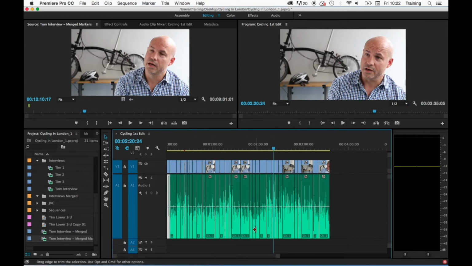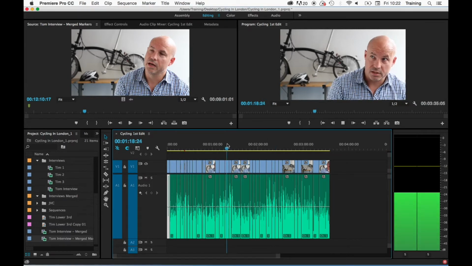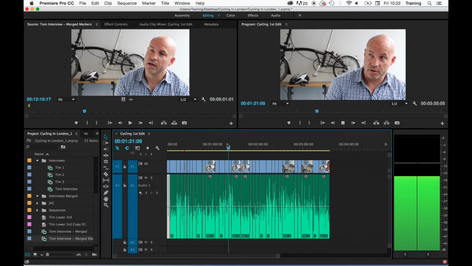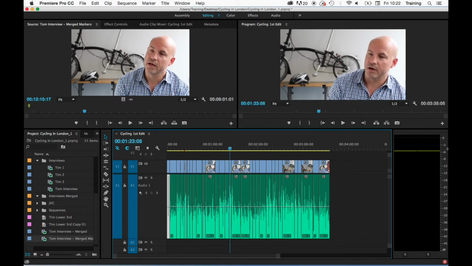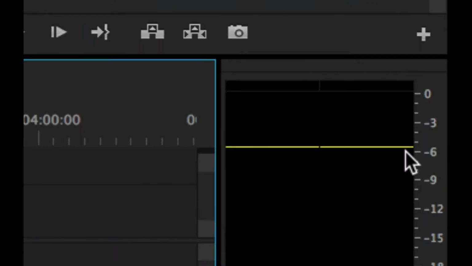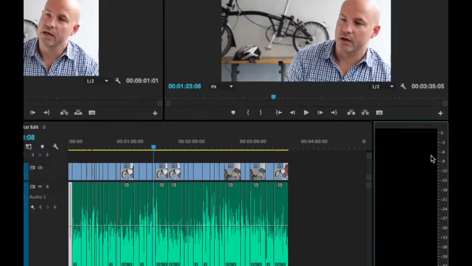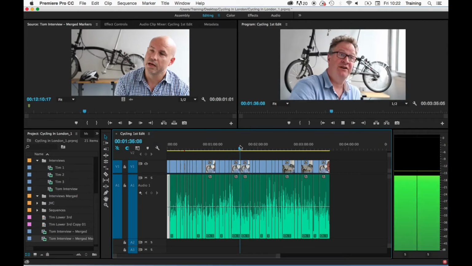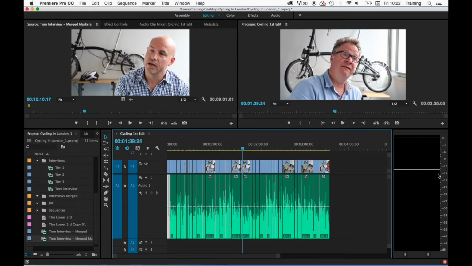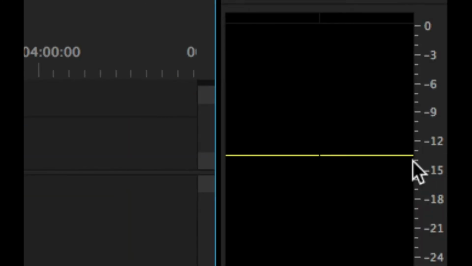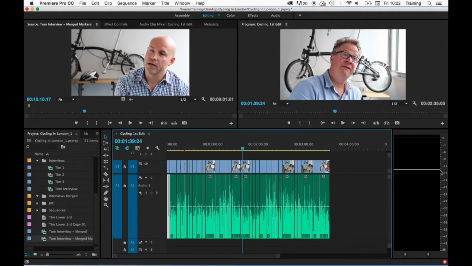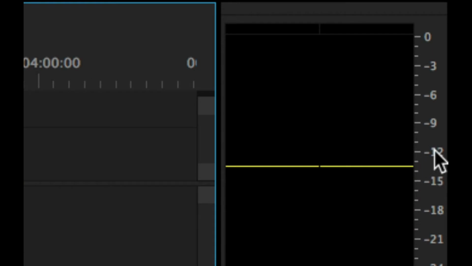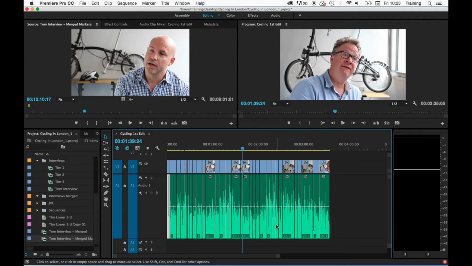At the moment, they're all peaking at different levels, as you can see on the audio waveform between the clips. Some are peaking at a higher level than others. So for example, the clip I've just played there peaked at around -5.5 decibels. If I pick maybe this clip here, this one is peaking at around -13.5, 14 decibels. And what I would like to do is to get all of these clips peaking on my meter at -12 decibels. So what we're going to do is have a look at the Normalize Audio Gain feature